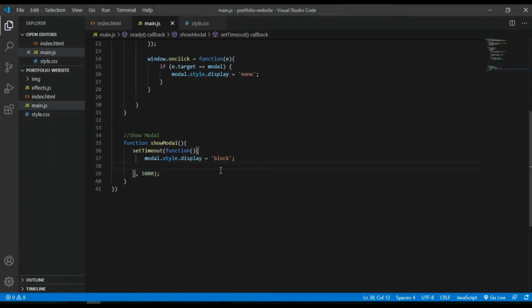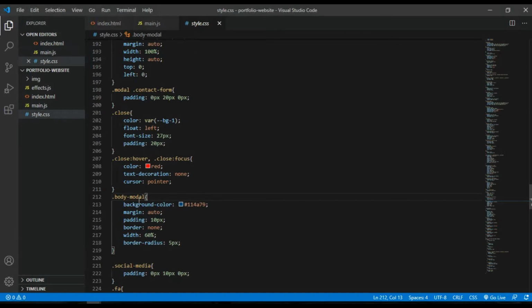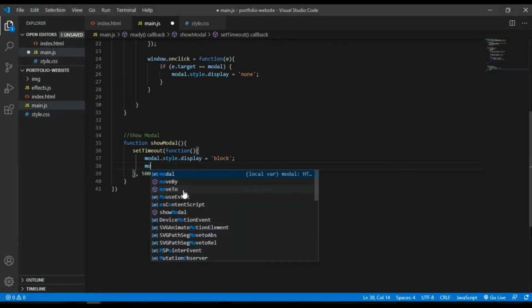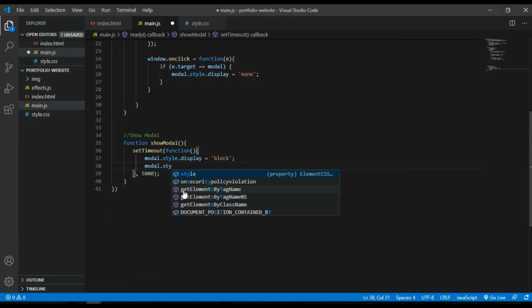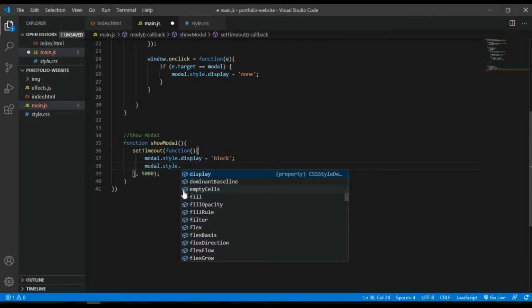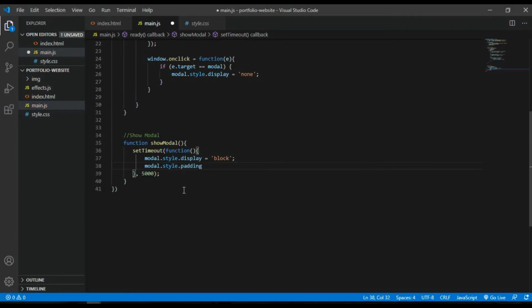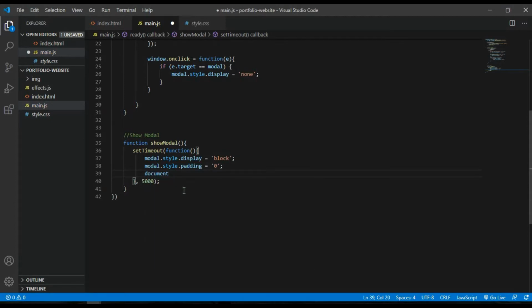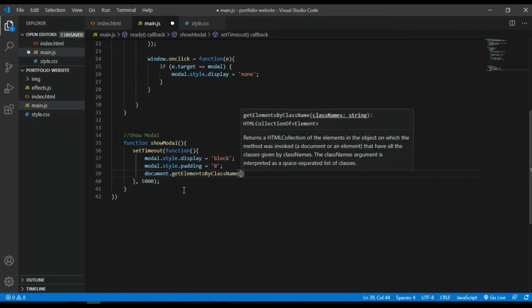I just want to push it down a bit. Remember we have a class here in my CSS, a class of body-modal, and we have a class of modal. So I can go ahead and do modal.style.padding equal to 0, and I can also do document.getElementsByClassName for the class of body-modal.